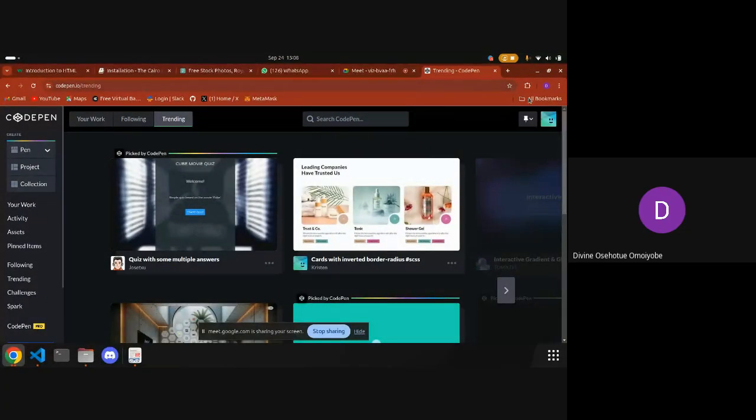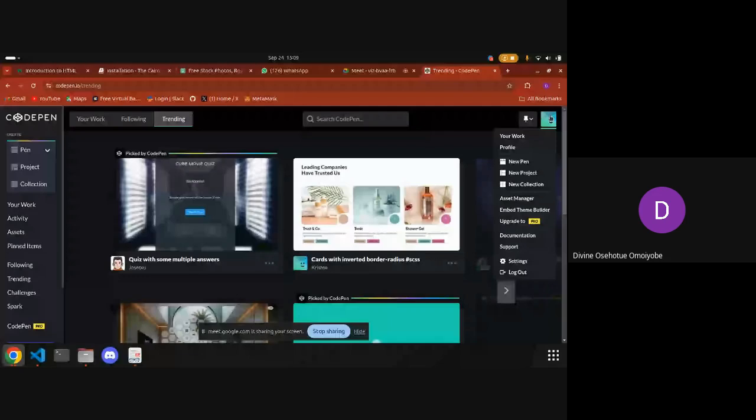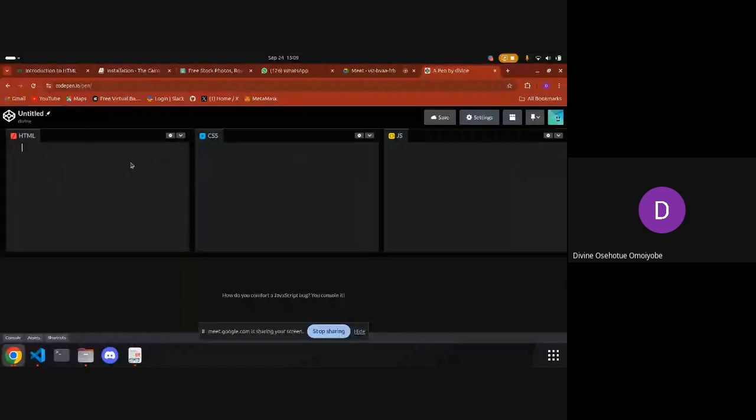So, if you can see my screen, you come to this user menu box, then you create a new pen if you want to go hands-on. So basically, HTML, the basic syntax for HTML is,